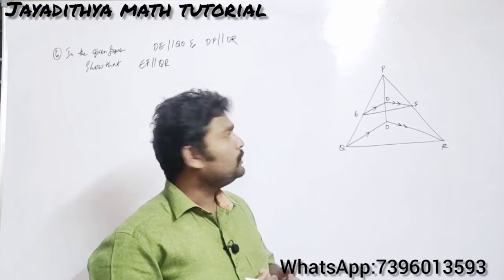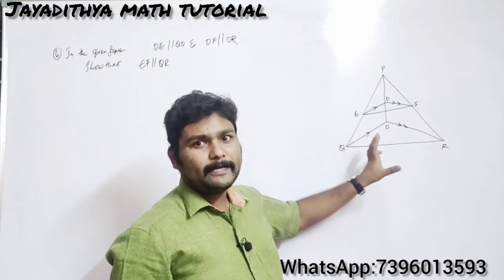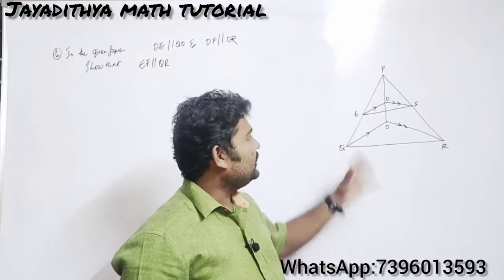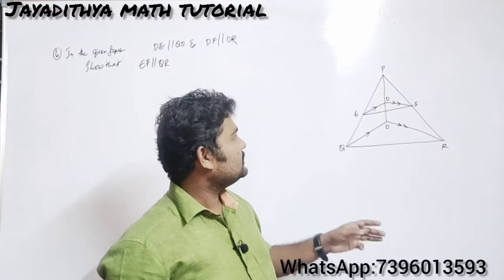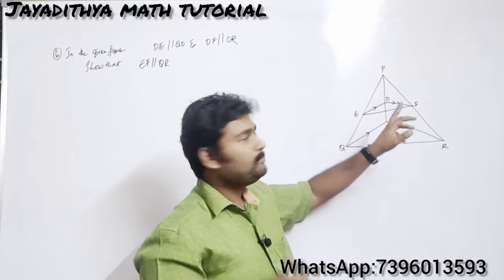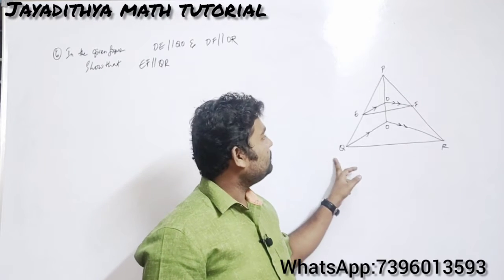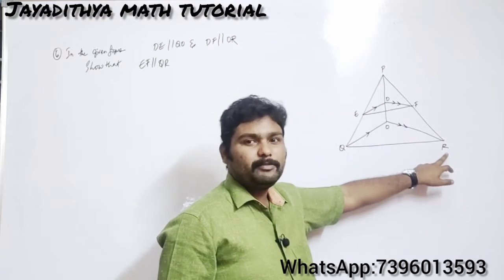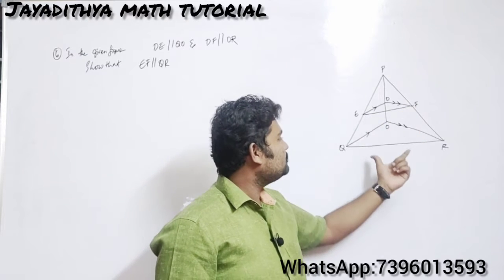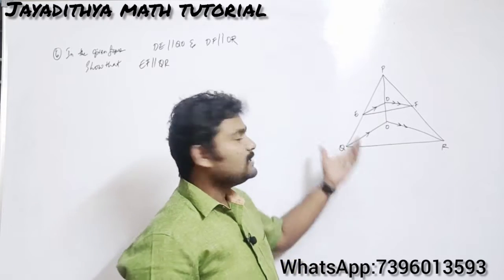So this is very simple. If you observe, it is like a tetrahedron and it has all the faces as triangles only, but here we want only 3 faces. So let us take here, if you observe the figure clearly, you have 3 triangles. Let me explain what those are. First of all, POQ, this triangle we will be taking, and POR we will be taking this one. By taking these 2 triangles, we will be proving that EF is parallel to QR in triangle PQR. So that will be our strategy in doing this problem.